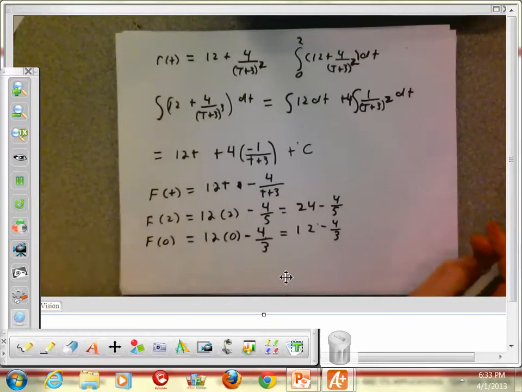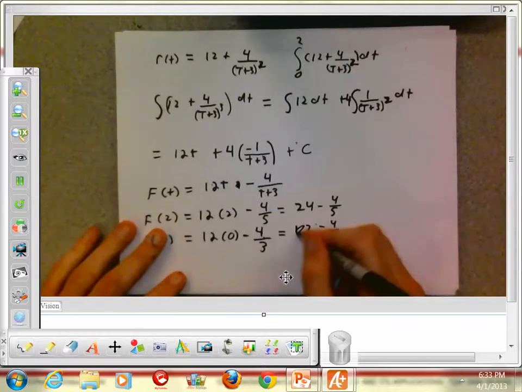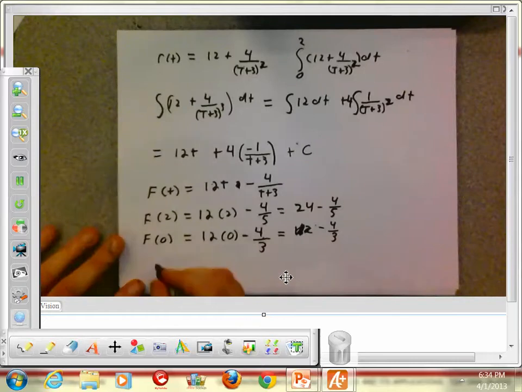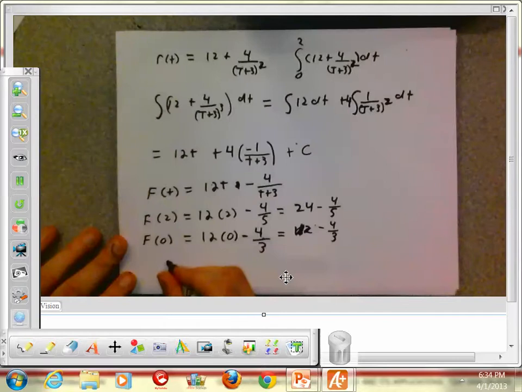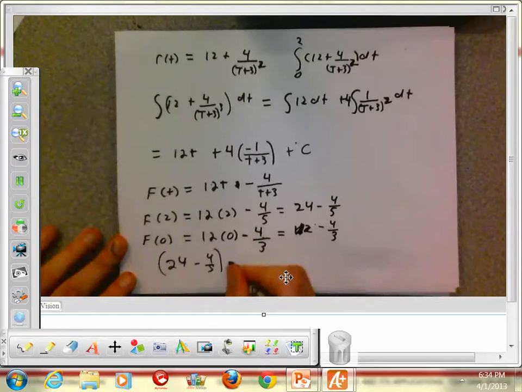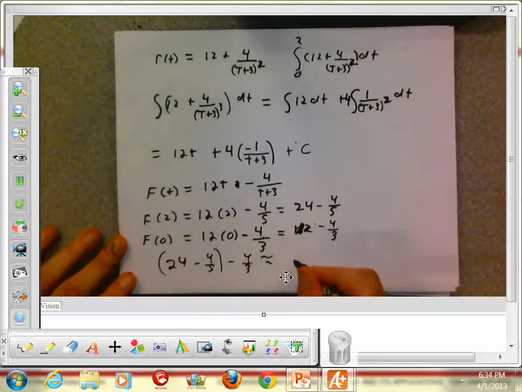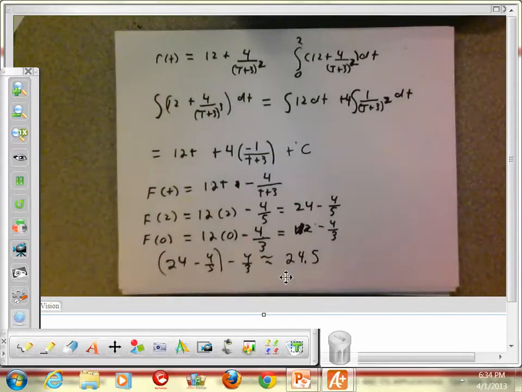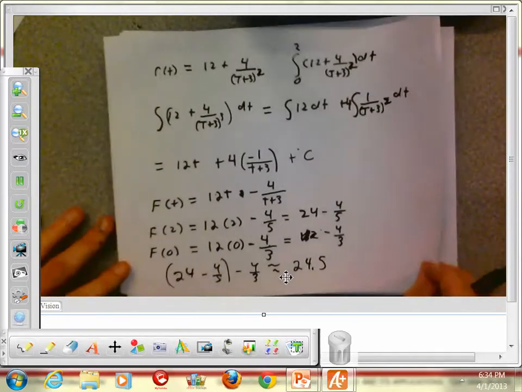Oops, I'm sorry, my bad. It should be 0, sorry. It's going to be 0 minus 4/3. All right? So if you subtract these two, you're going to find that 24 minus 4/5 minus 4/3 is going to be approximately 24.5. Yeah, 24.5. Okay. So the basic idea of what we did here, and we're going to talk about the interpretation of this for part 2,